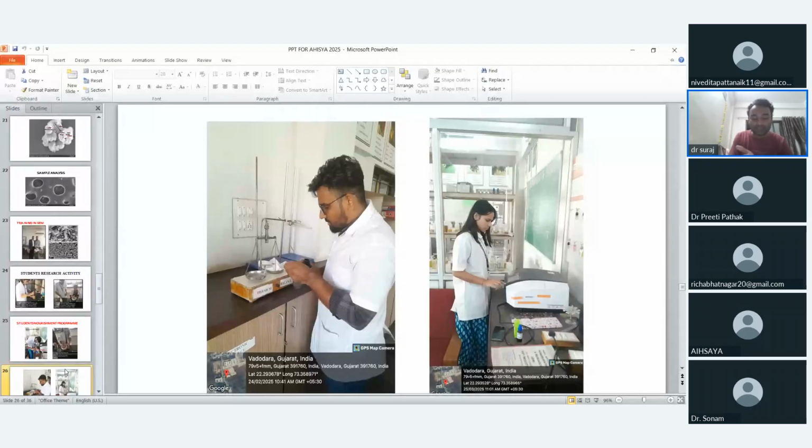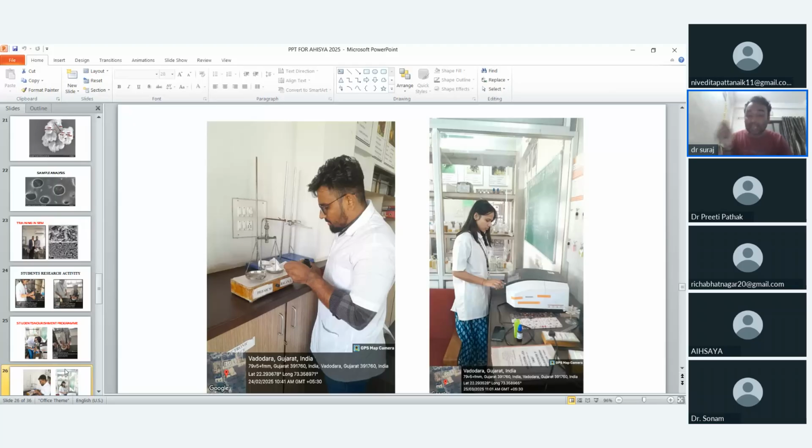Because ultimately in our medicine, we are unable to showcase this mass particle. We are unable to showcase the absorption of this mass particle. We are unable to showcase the distribution of this mass particle. We are unable to showcase the rate of metabolism of this mass particle, because there are different phases of metabolism: phase 1, phase 2, phase 3, phase 4.